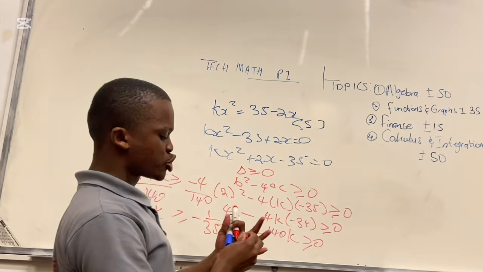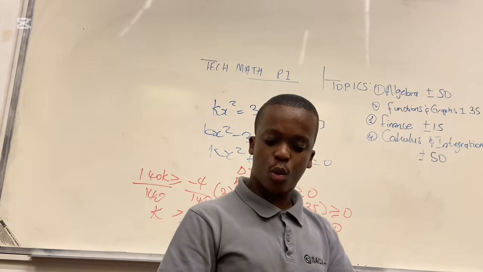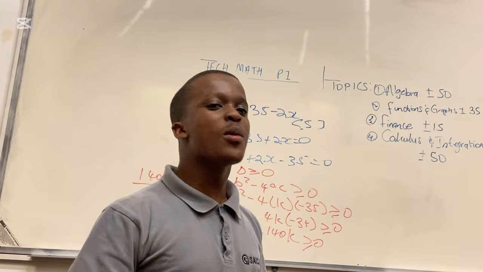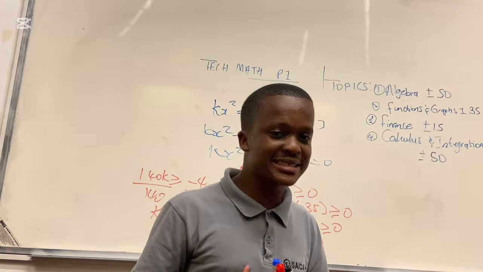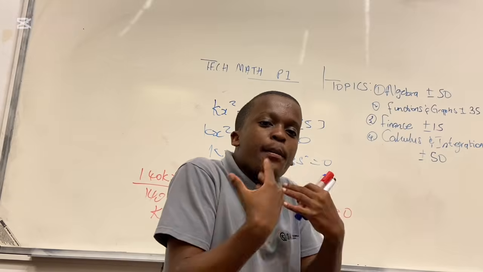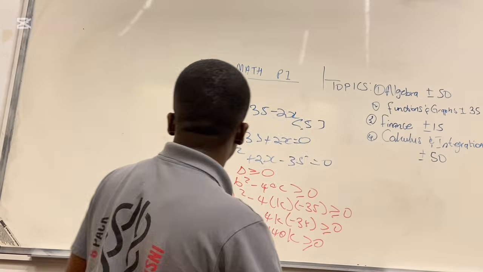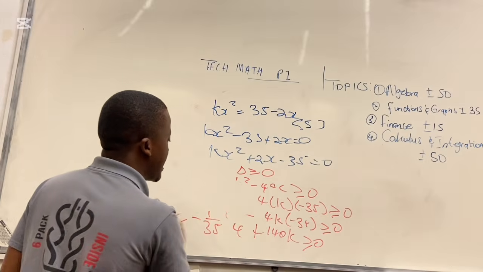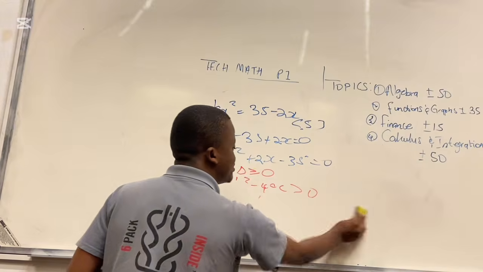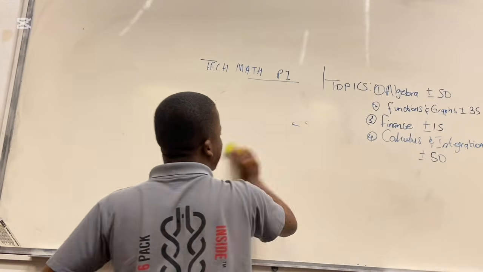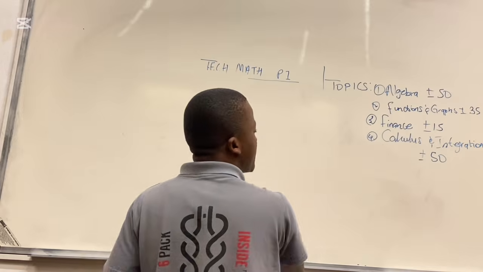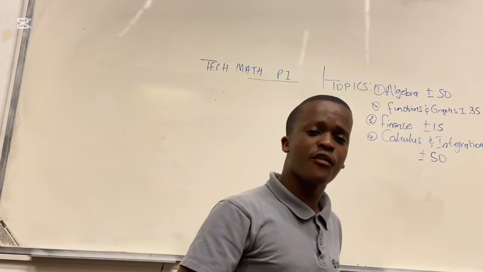Now let's go to the simplified questions, which is question 3. There we are dealing with exponents, surds, and logarithms. Very, very easy now. You have to understand the properties. Grade 12, please, people of God, you can't lose marks with algebra, because in algebra is where we get the understanding of mathematics.